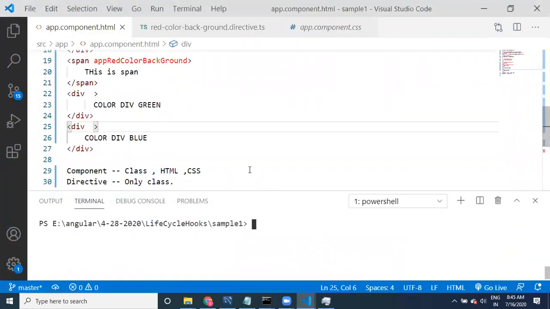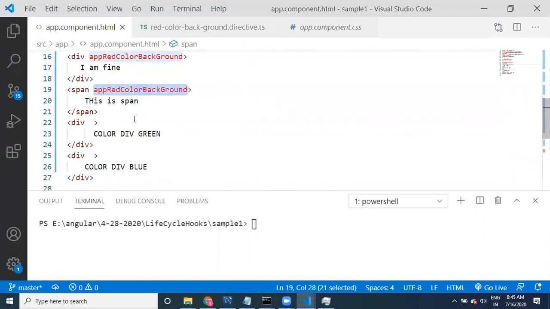The first thing that we need to do is, previously we were applying just a directive. Now we need to apply the directive as well as provide some data into it.